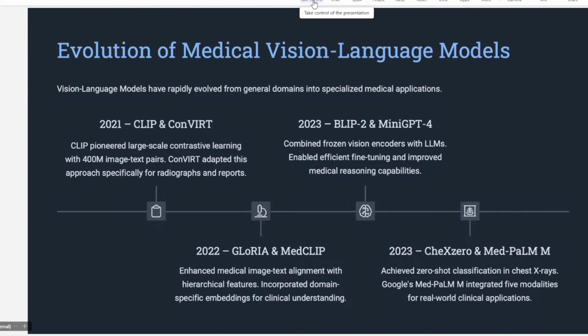So now having looked at various tasks and various architectures, where each architecture was doing some different tasks, let's summarize the timeline of how VLMs have evolved in just a few years. It all started in 2021 with CLIP, so just 4 years back, where CLIP demonstrated a general purpose vision-text alignment using contrastive learning over 400 million image-text pairs. And there was another model, ConVIRT, which adapted this strategy for radiology by training the same CLIP on radiology image-text pairs. Then the following year, 2022, we had GLoRIA, which introduced a local-global alignment strategy for